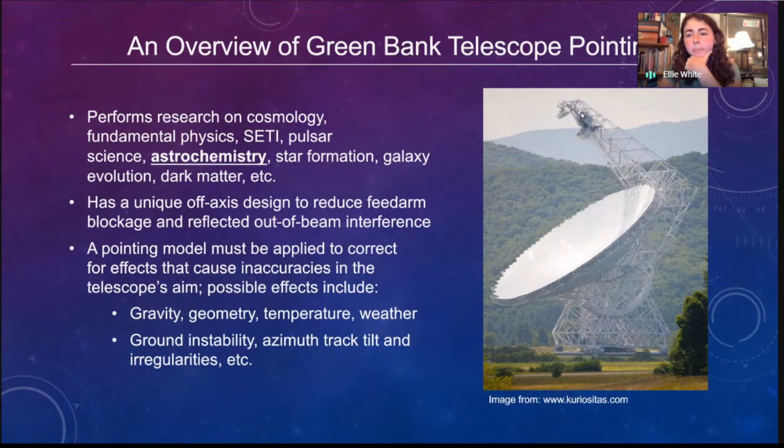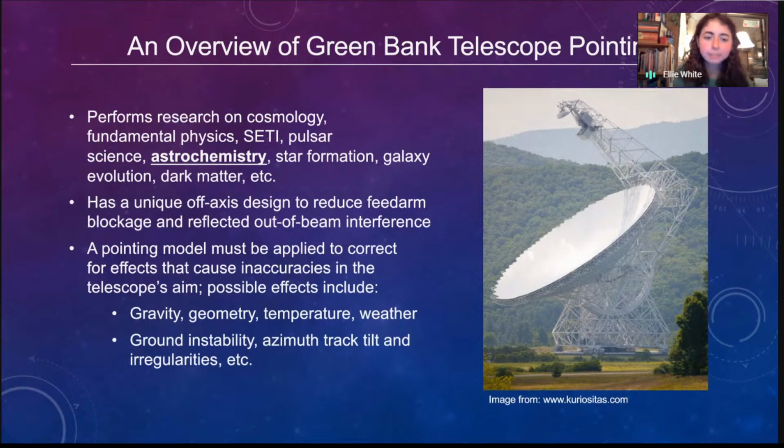For another thing, you don't have metal structures that go up in the middle of the dish, and that can cause interference to bounce back into your dish, and you don't want that. So the offset arm really mitigates a lot of those problems. But it creates some problems on its own. It creates a very lopsided structure, which can be difficult to deal with. And that makes the challenge of pointing the telescope even more challenging than it already is to point a 17 million pound piece of metal.